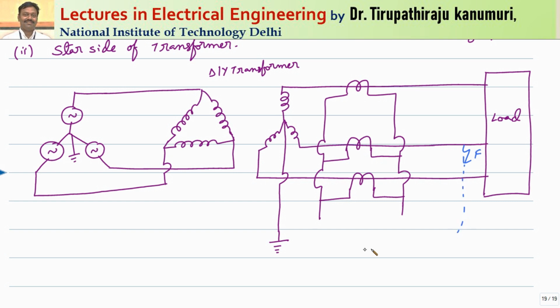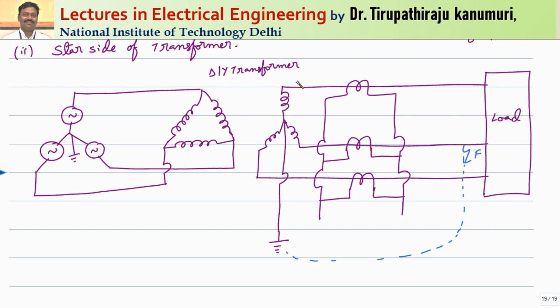This current will return back through this ground. As the current is returning back through this ground, the sum of the three currents will not be equal to 0. That means the zero sequence component is supplied by this transformer secondary only. Automatically, because of this, that difference in current will pass through this. So it will detect the faults or the zero sequence components even external to the transformer. That means it will detect the zero sequence component that is external to the protected zone. It will not detect the zero sequence component on the internal side.